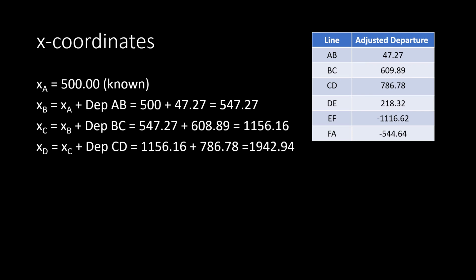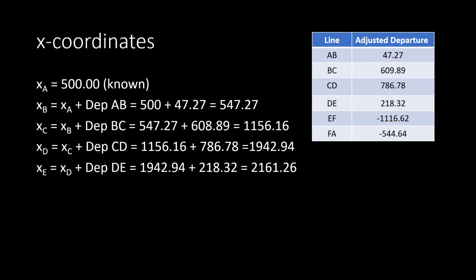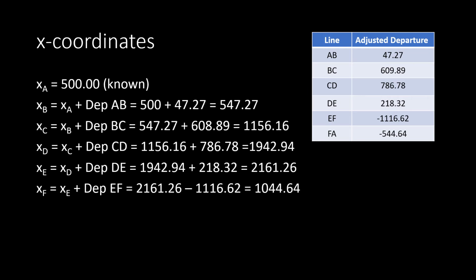1942.94. Next is station E. X sub E is equal to x sub D plus the departure of DE, equal to 2161.26. Then x sub F. X sub F is equal to x sub E plus the departure of EF, equal to 1044.64. At this point, let us calculate for the x coordinate x sub A,